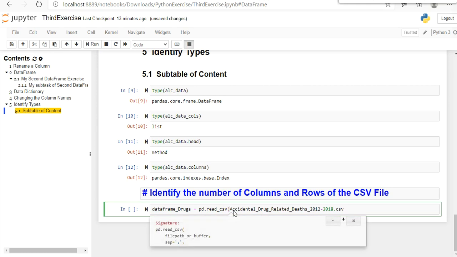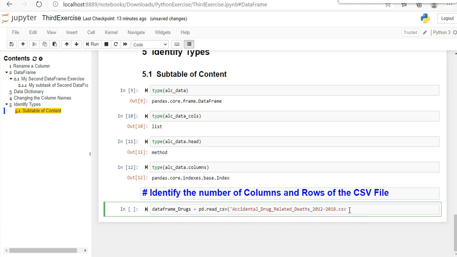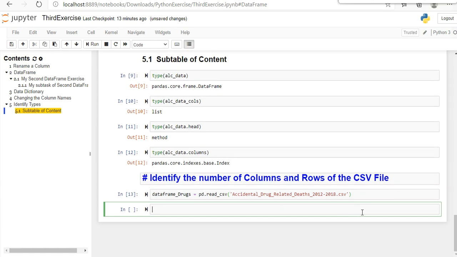Now if I run this with shift enter, and print